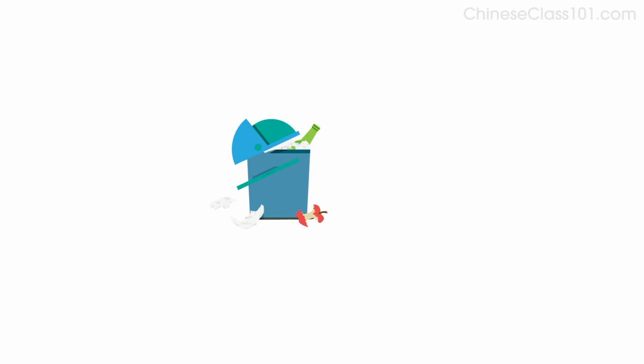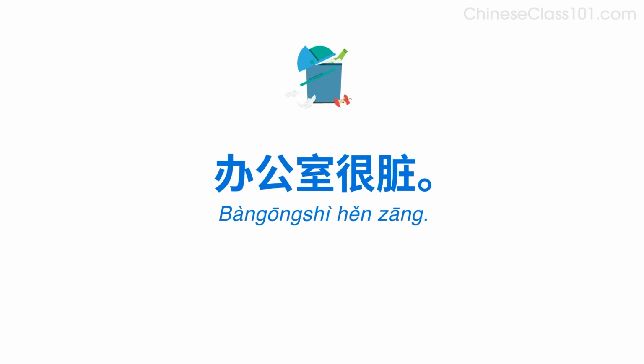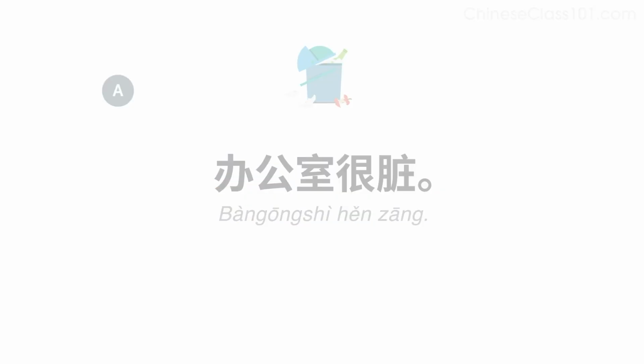Now imagine the office is dirty. Do you remember how to say dirty? 脏，脏， Say, the office is dirty. 办公室很脏。 Now answer the question, saying the office is dirty. 怎么了？办公室很脏。